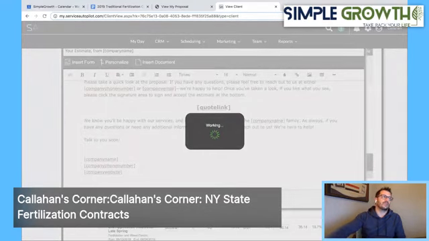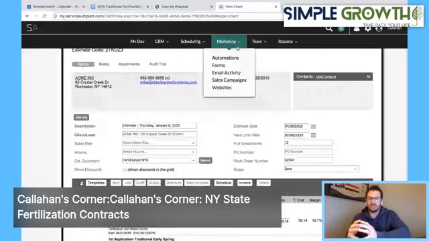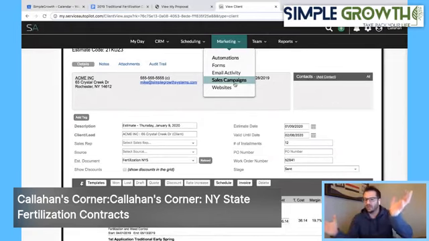And I will go over to my email on the other screen here and show you what this looks like. Here. Now, I've made, under marketing, sales campaigns that we can use for renewal and prepayment payments as well. But the specific question is how to get a contract or an estimate around New York State law. But some of the features and functions I'm showing you in the system will apply to anywhere in the United States,